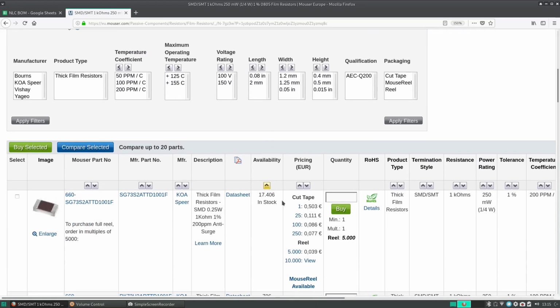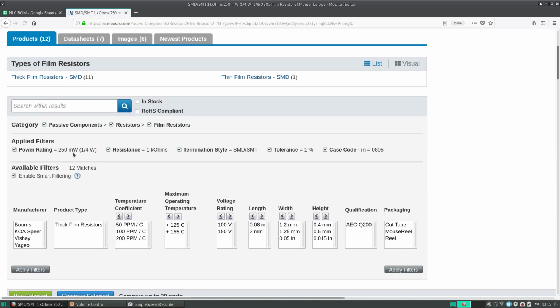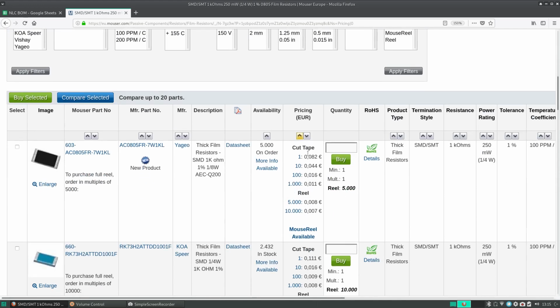resistor. Normally Mouser by default sorts your search by availability, and what you want to do is always sort it by pricing, because we have already selected the relevant filters we want, which is power rating, resistance, termination, tolerance, and case code. So pretty much the same. The next criteria will be